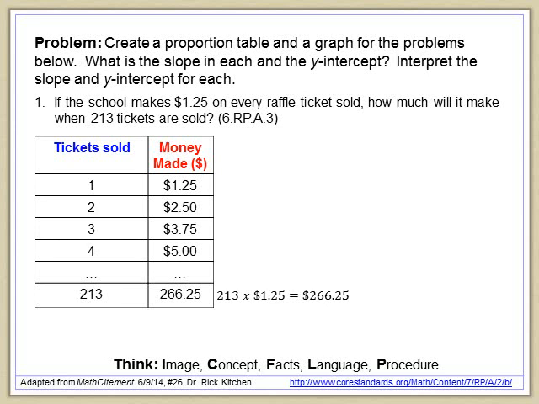How about the slope? Well, the slope is a rate of change, and I'm already starting to interpret it, but the slope is how much does the money change each time that we sell a new ticket. And if you look, each ticket sold results in $1.25 more money. And so the